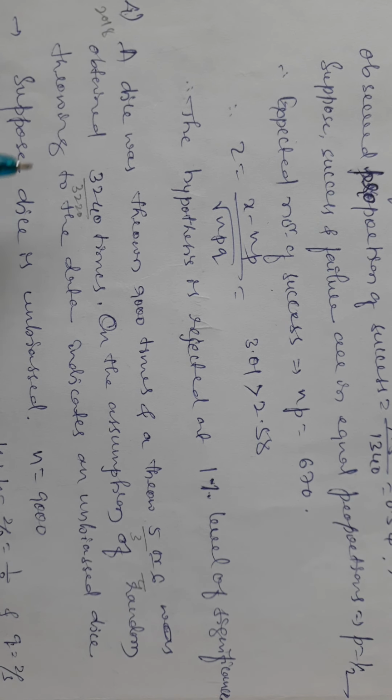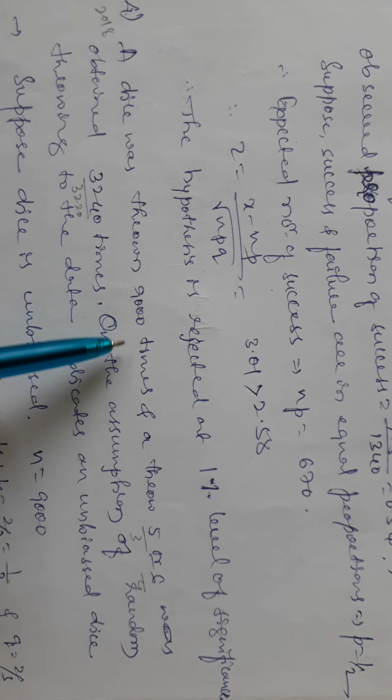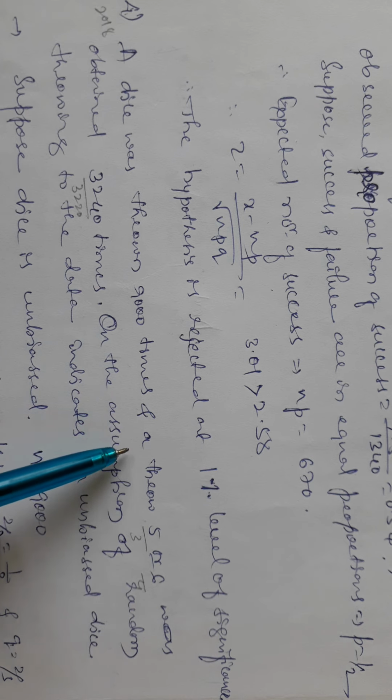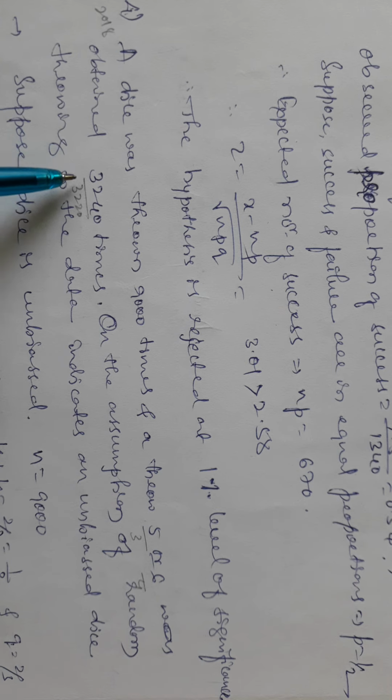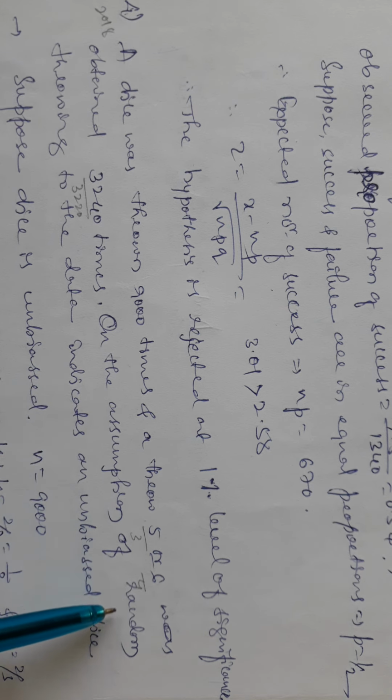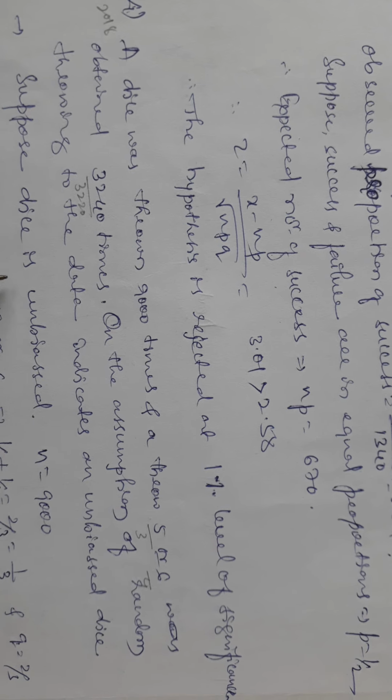Now, we'll go for one more example. A dice was thrown 9,000 times and a throw of 5 or 6 was obtained 3,240 times. On the assumption of random throwing, does the data indicate an unbiased dice? Solution. Suppose here the dice is unbiased,